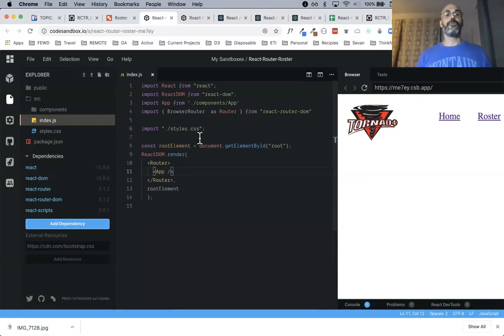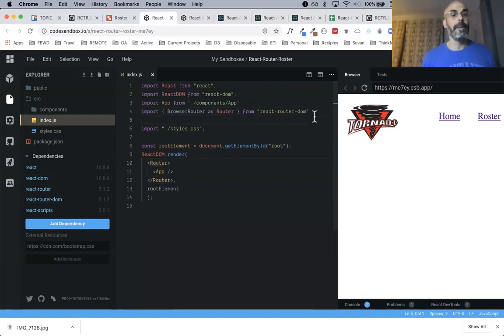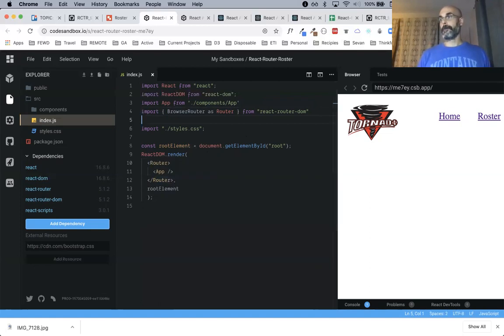So the first step, always, is to install the libraries and then import BrowserRouter as Router. That's what I do. You don't have to import it as Router. We could have just called it BrowserRouter, but I'm importing it as Router from React Router DOM, and then I'm putting it here.